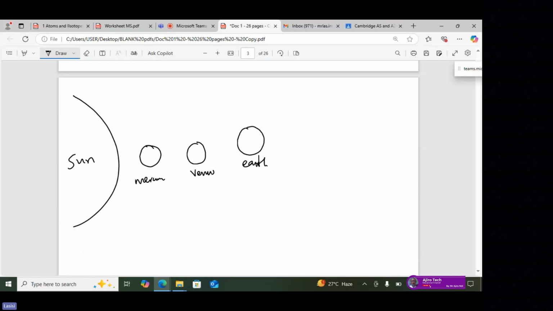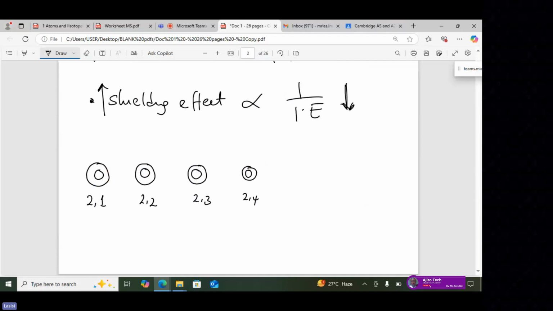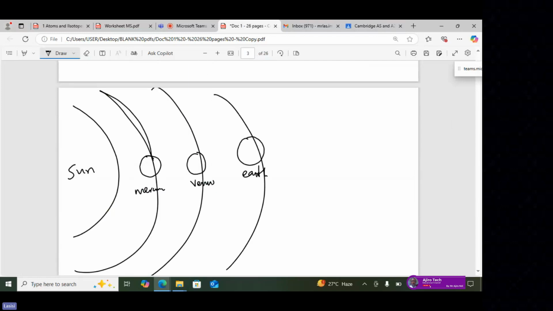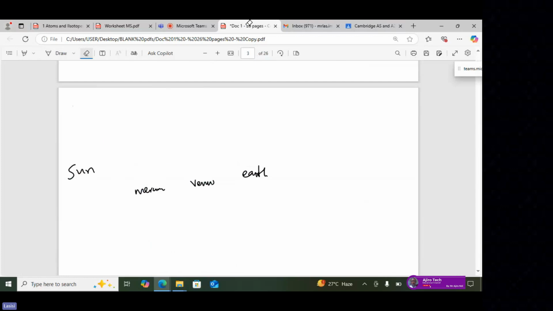So shielding, in this case, is like a shell. Shell one, shell two, the third shell. Do you get the point now? So the more shells you have, the greater the shielding effect. Shielding effect is the ability to shield the nucleus from the attractive